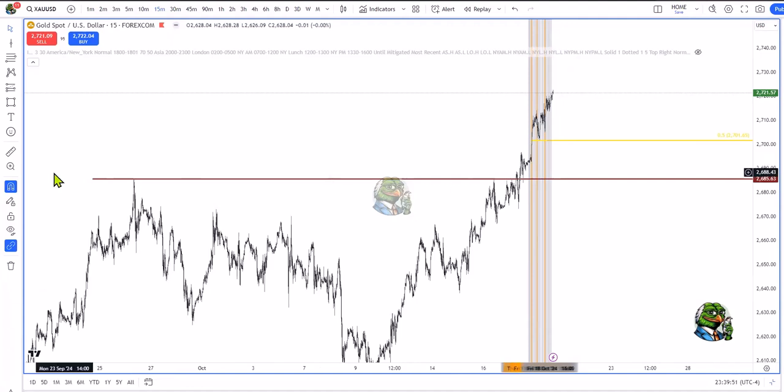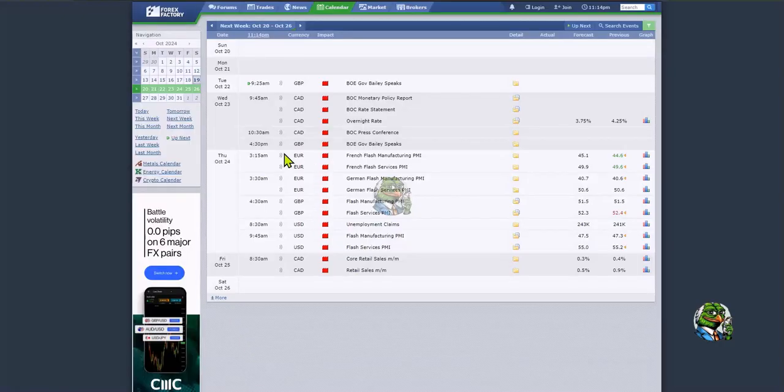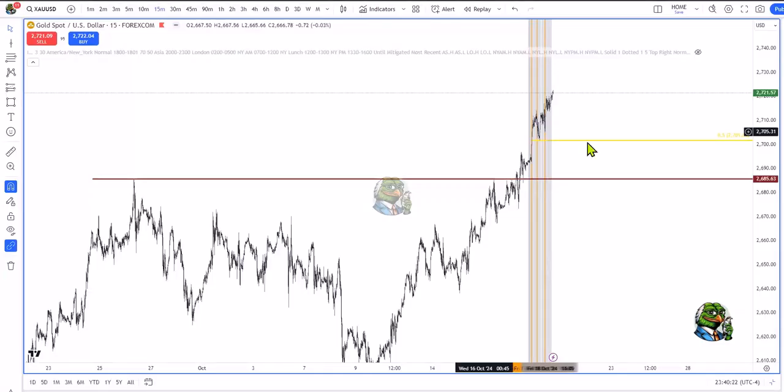Okay, so we need to come back down to 2685. So I'll be looking for that. I think we should get that next week. The only issue with getting that next week is we don't have news until later in the week, right? So news is on Thursday. Okay, we don't have any other USD news until Thursday, and we also don't have it Friday. So that kind of leads me to question whether we will make that move down. We may, and I expect it to be next week. Okay, but as I said, we kind of want to see some confirmation of that move down. Okay, I don't think it's going to be in 1 day.